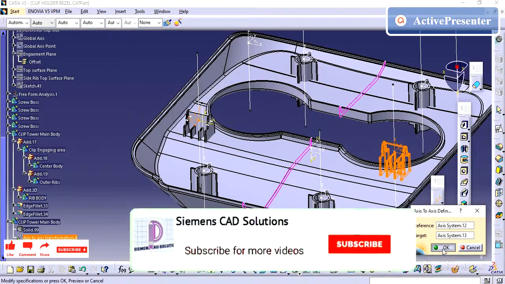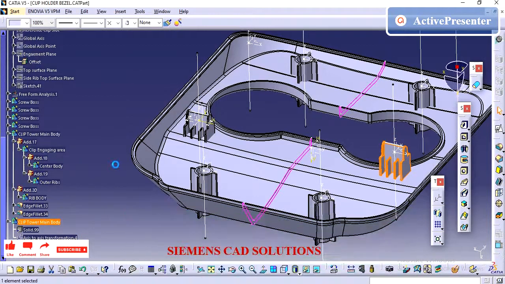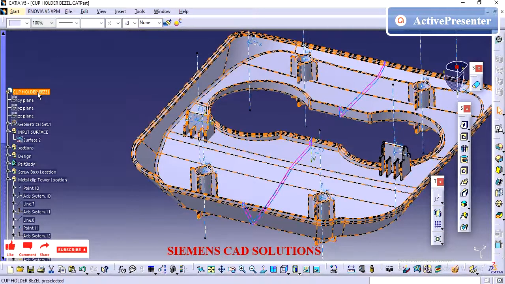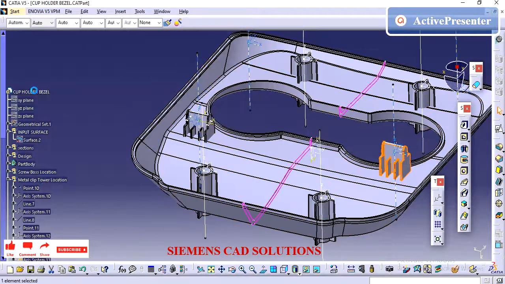I am just doing the axis to axis transformation. I have already created this axis, selecting that axis.